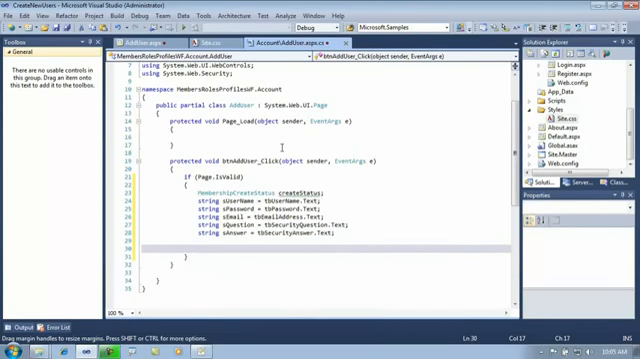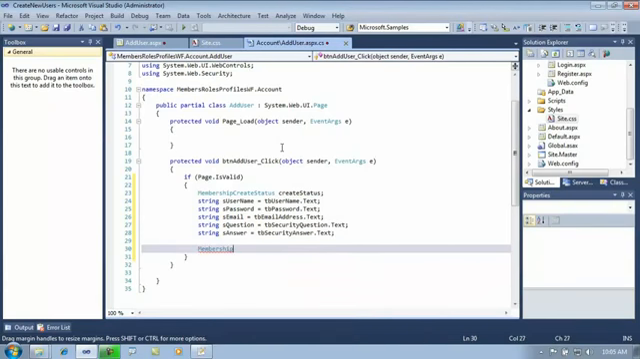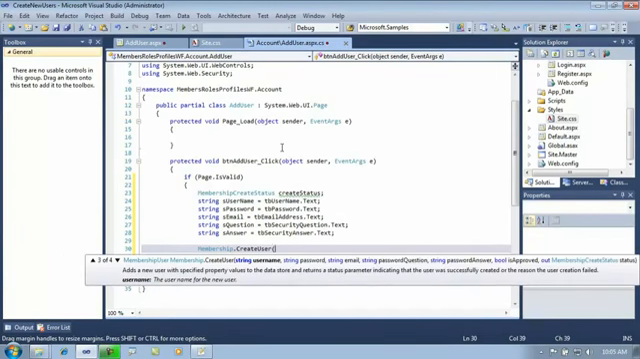And now we can try and create the user. So we'll say membership dot create user. And notice that there are 4 overloads. I'm going to choose one of the more complex versions because I want to be able to specify that the user is not approved by default. So I want to create the user, as I mentioned earlier, as unapproved so they can't log in until after some approval step takes place. So here I need to pass in each of these parameters,